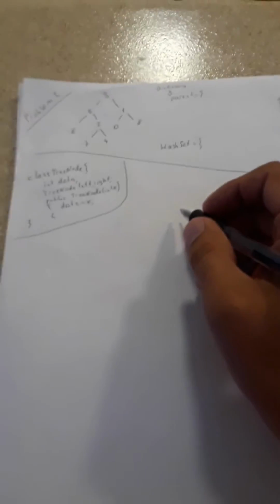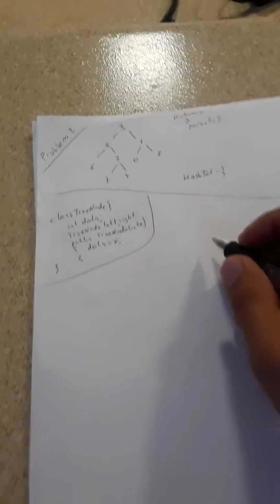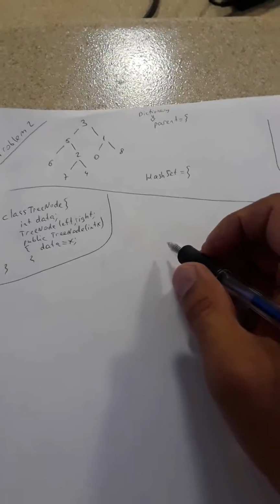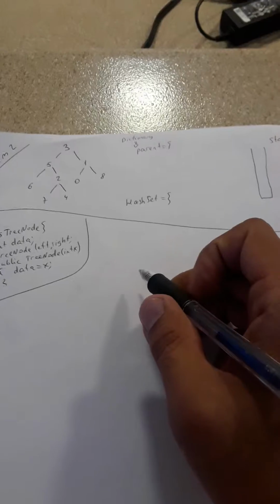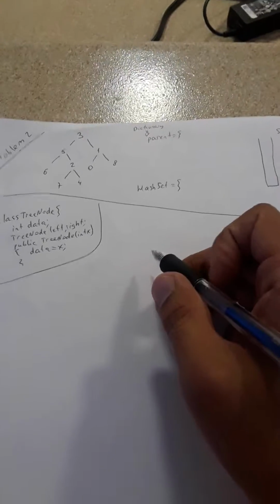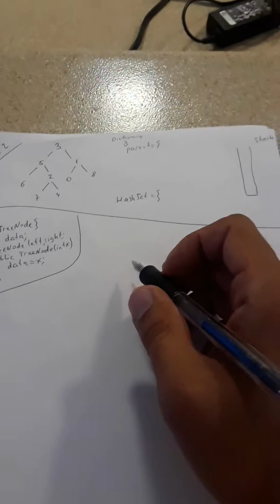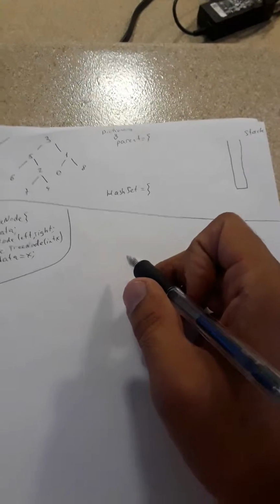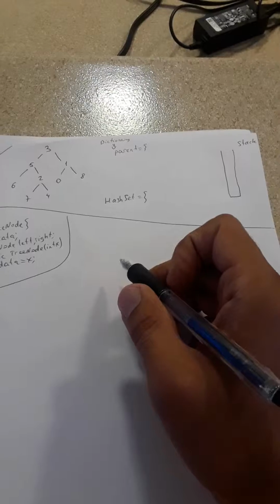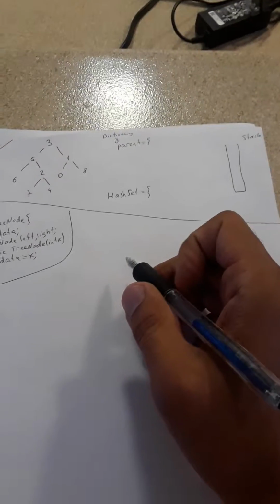All right, so here's problem number 2, and in this problem we have to design an algorithm, or write code, to find the first common ancestor of two nodes in a binary tree. And so according to the definition of the first or lowest common ancestor,